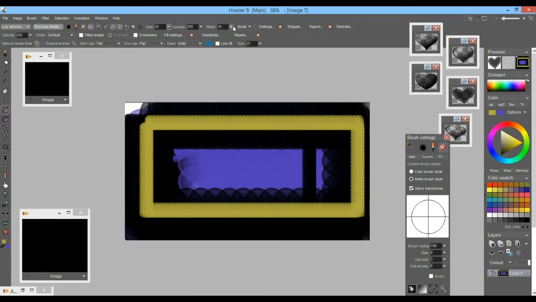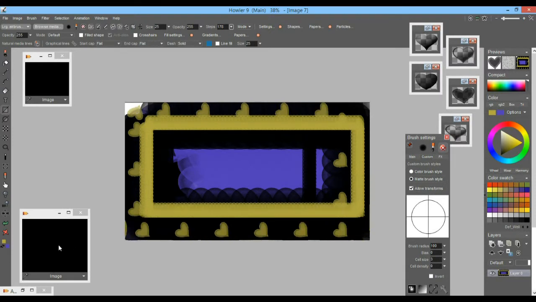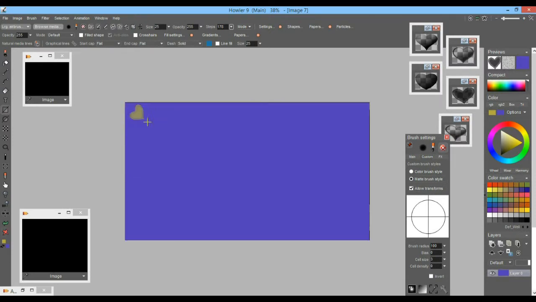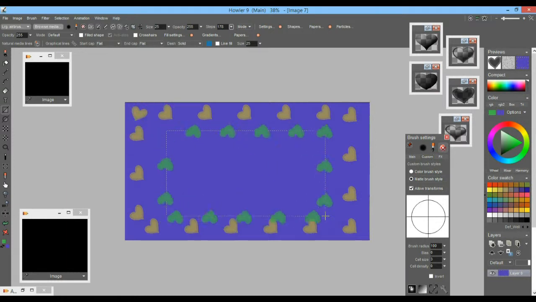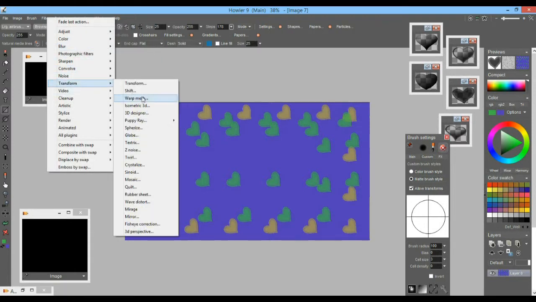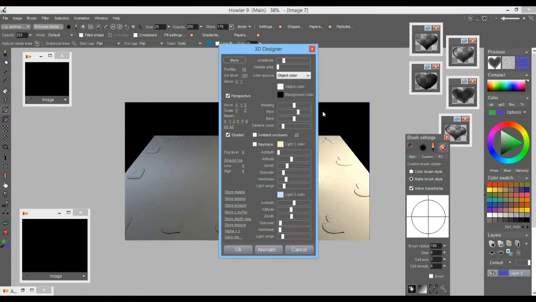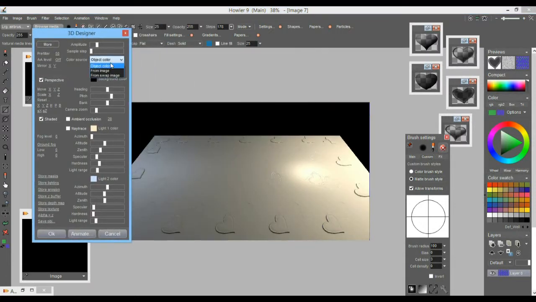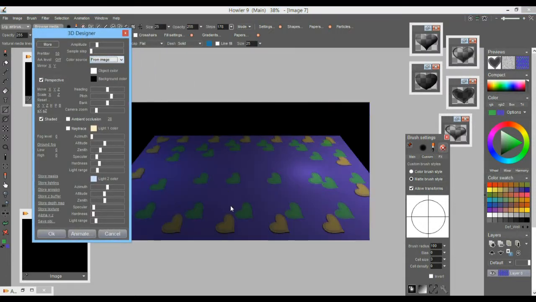Maybe we want the steps a little bit bigger, so there's more space between them. There you go, and you get the hearts showing all along it. Something like this, right? So this is where the fun really will start. Now we can get really creative with that and create all sorts of displays with that. Turn that into an elevation map, for instance, right? Where is it? Transform 3D Designer, and use the image for the coloring, but also for the elevation. You see the extrusion there,